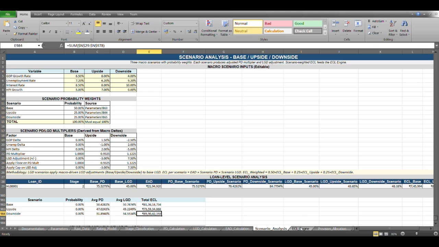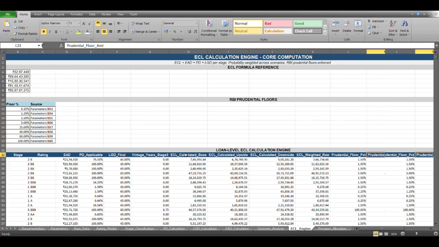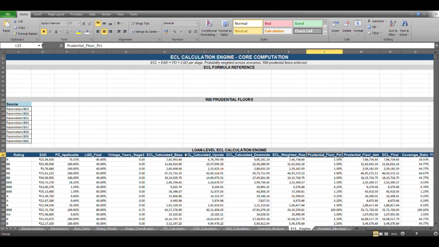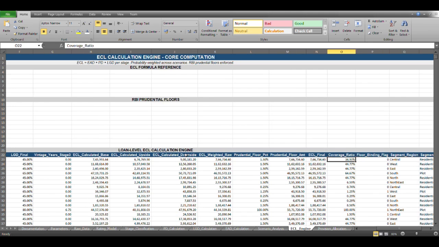Now we come to our computational tab, the very important tab, the ECL engine tab, which has over 950 rows of calculation, and for every loan it computes the ECL, which we have seen in the previous scenario analysis tab as well. So the idea of this sheet is to consolidate each and every result along with the prudential floor, the RBI prudential flooring being considered, and then the very final ECL is calculated along with the coverage ratio as well.